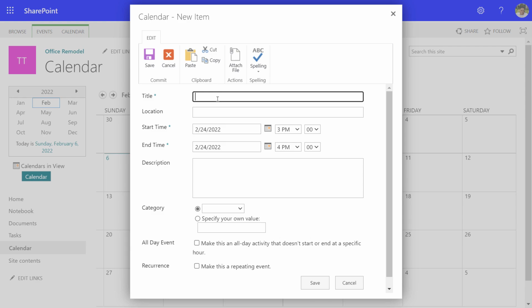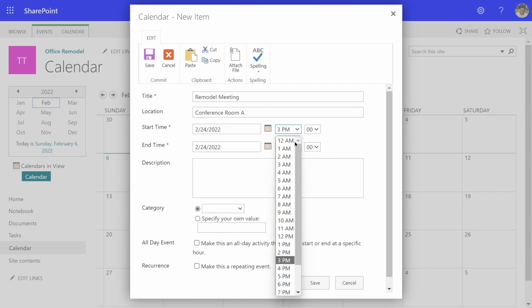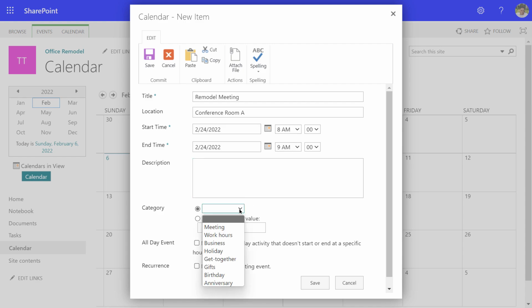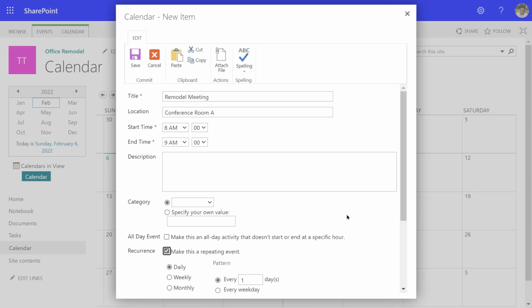And we'll just give it a title of remodel meeting. The location, we'll just put in conference room A. And we're going to have this meeting starting at 8 a.m. until 9 a.m. If you want to categorize the meetings in here, you can do so. It's not necessary. We're not going to make it an all-day event, but we are going to make it a repeating event. So we're going to check the box after recurrence,